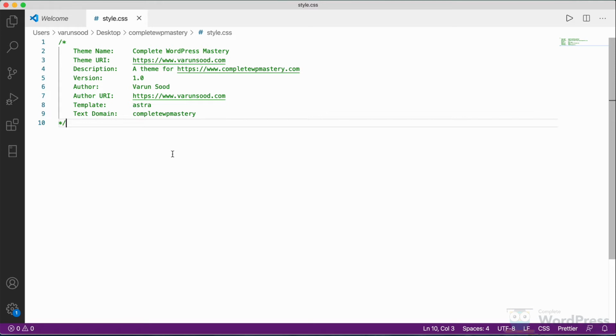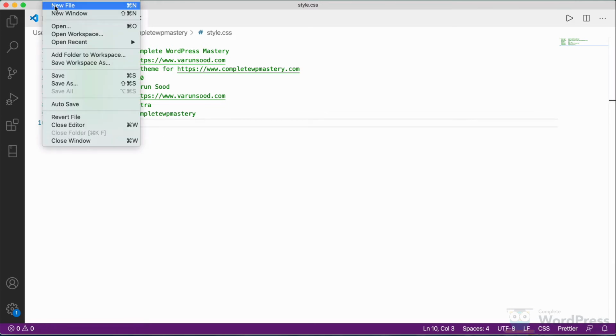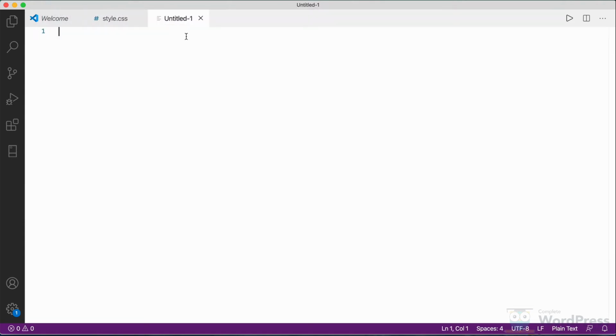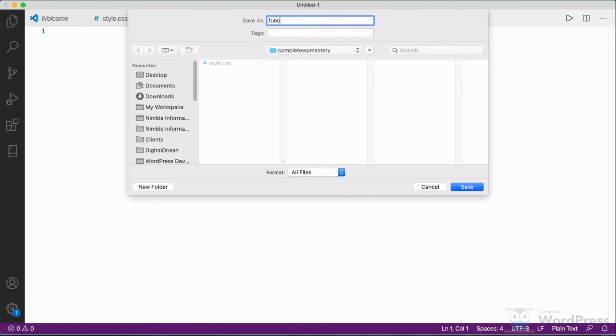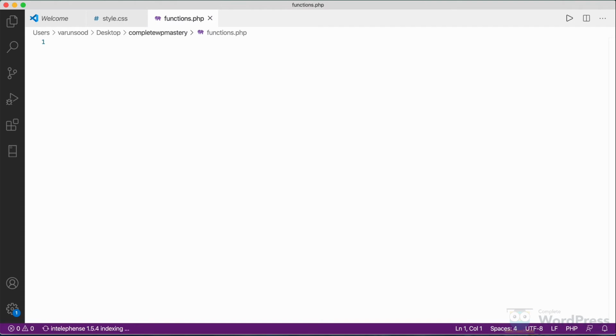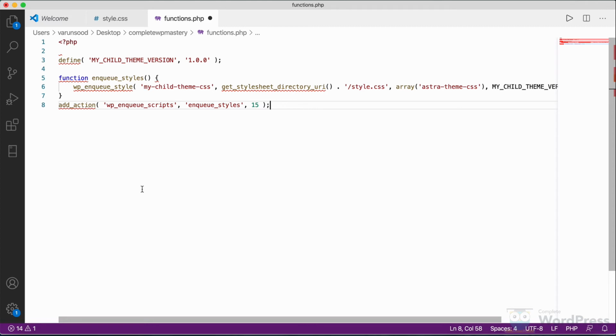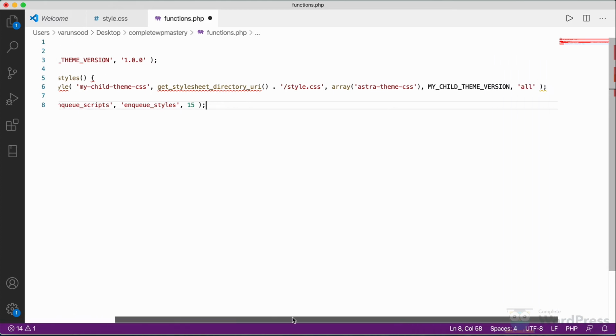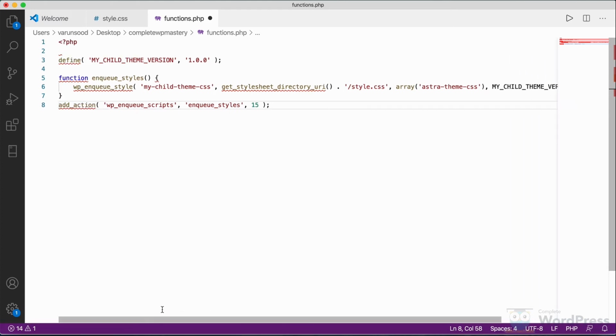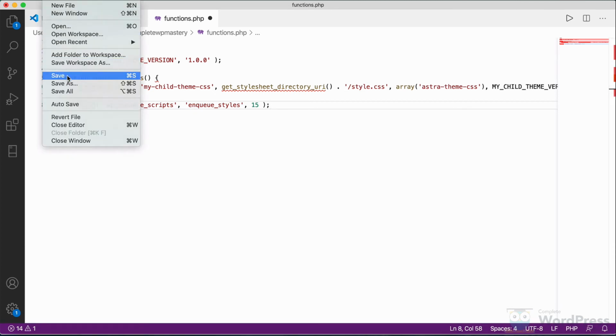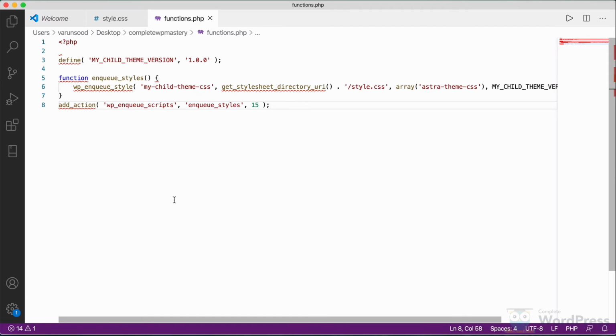Technically speaking, the only required child theme file is style.css, but a functions.php file is necessary to enqueue styles correctly. The recommended way of enqueuing the style sheets is to add a wp_enqueue_scripts action and use wp_enqueue_style in your child theme's functions.php. Again, I don't want you to be scared of all this. It will start making sense when you feel more and more comfortable with WordPress. For now, just put this inside the functions.php file as it is.